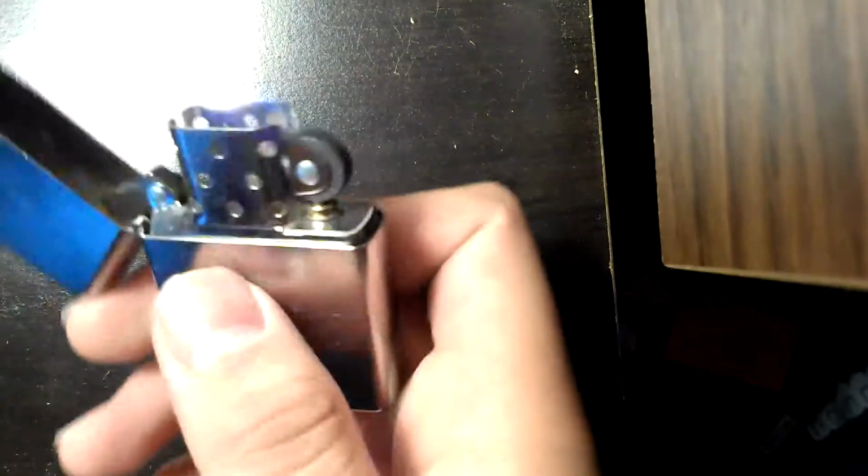Shake it out a little. This isn't simple. Shake it up. Flip open your Zippo. And we've got fire. Ladies and gentlemen, we've got fire. So yeah, it's pretty much self-explanatory. Teach you how to fill a Zippo there and